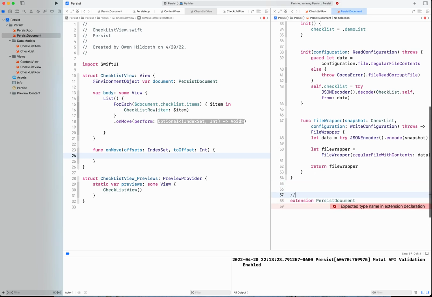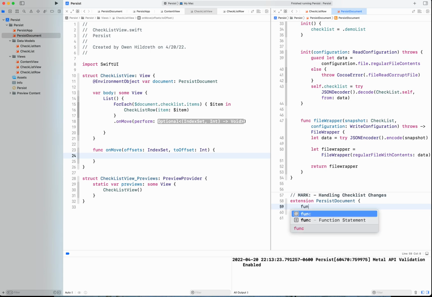And I'm going to put some marks here so I can find it a little bit easier. Mark, and this is mark handling checklist changes. Okay, so this is going to handle changes to our checklist. And one of the ones we're going to have is a function called move items at, and we're going to give it the offsets